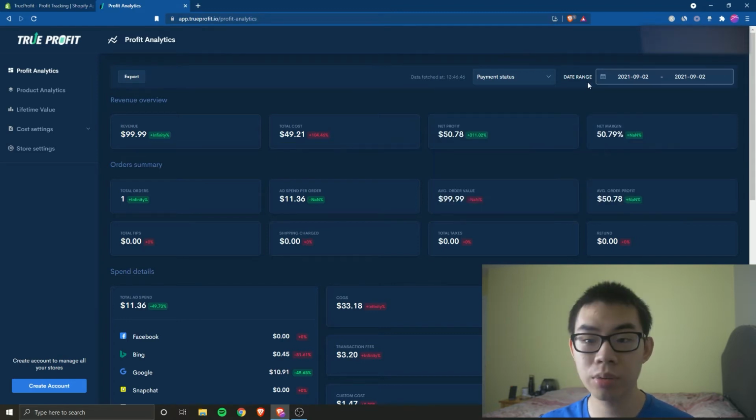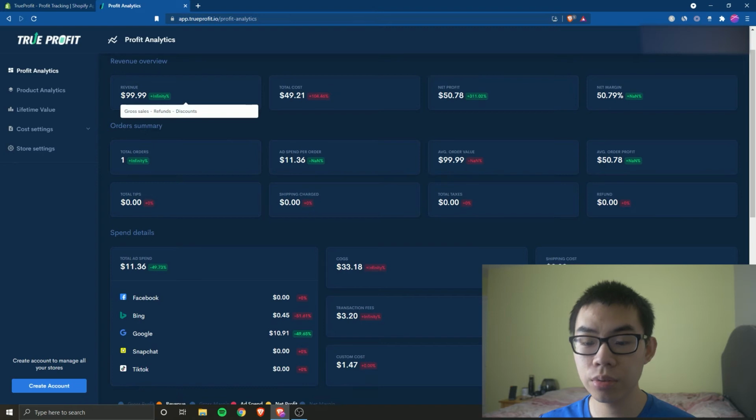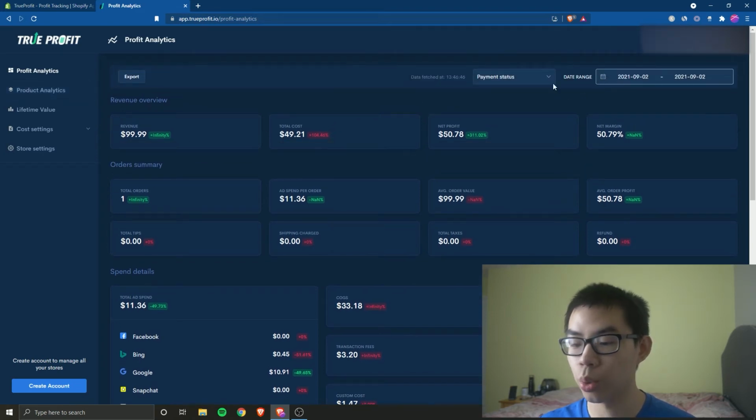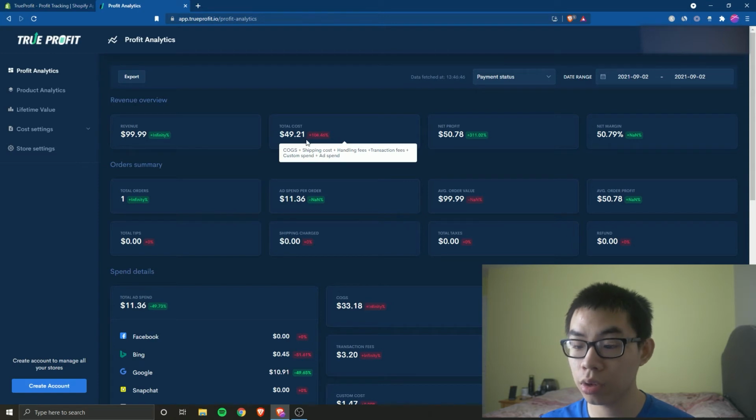So once you select the date range, inside of revenue, you can see how much you generated for that day. For this example it's one day. And then inside total costs, if you just hover over this, it shows you the cost of goods, the shipping costs, handling fees, transaction fees, custom spend, and ad spend. So there's a lot of fees going on in the background